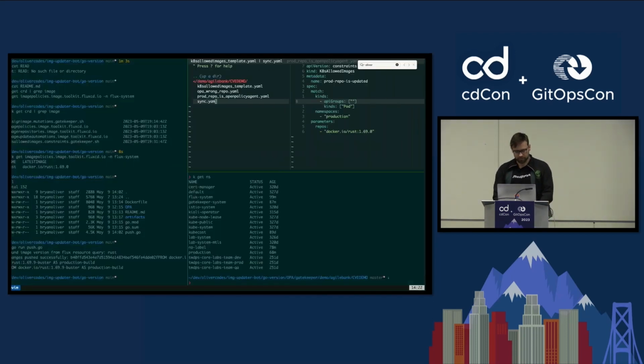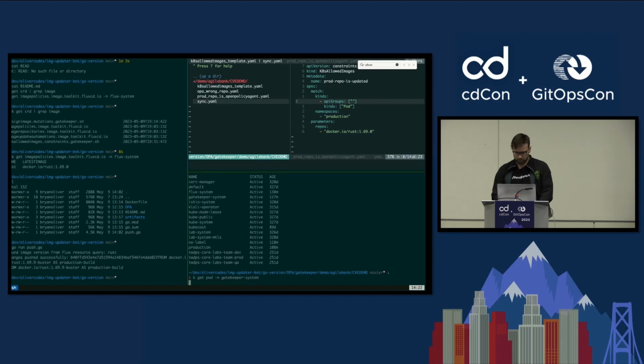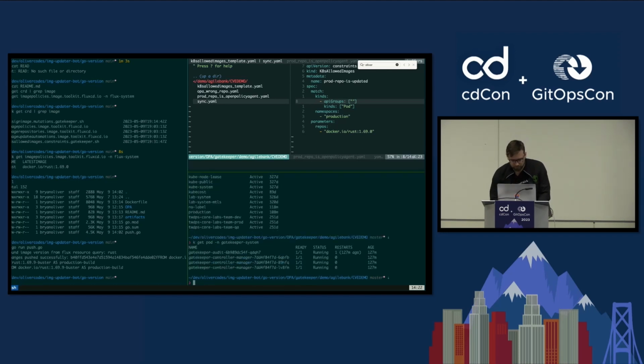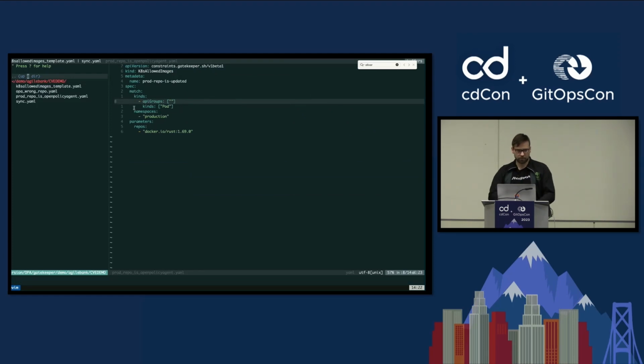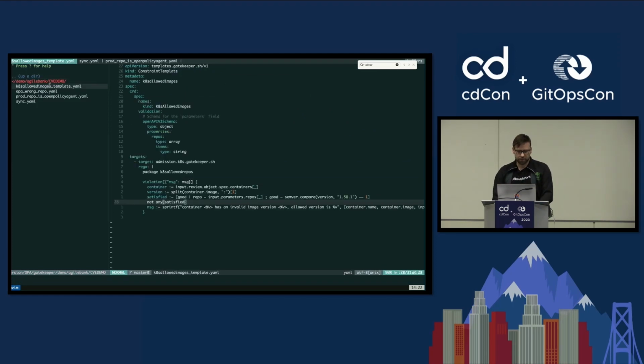So if we look at our Gatekeeper system, we've got a set of Gatekeeper controllers, and these are going to be enforcing our audit policies. Then, actually deployed to our cluster, we have a couple of things. The first thing that we have is this constraint template. What this is doing is giving Gatekeeper a configuration that says, these are the allowed images for my